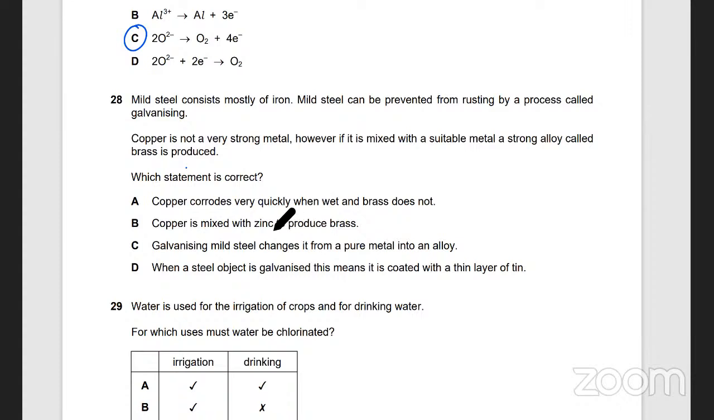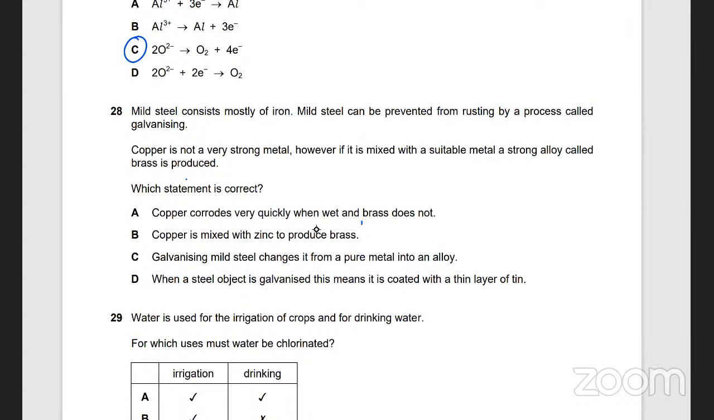B is correct. Copper is mixed with zinc to produce brass. सही है ना? हाँ। बाकी क्या है? Galvanized mild steel changes it from pure metal into an alloy, नहीं, galvanizing does not change it